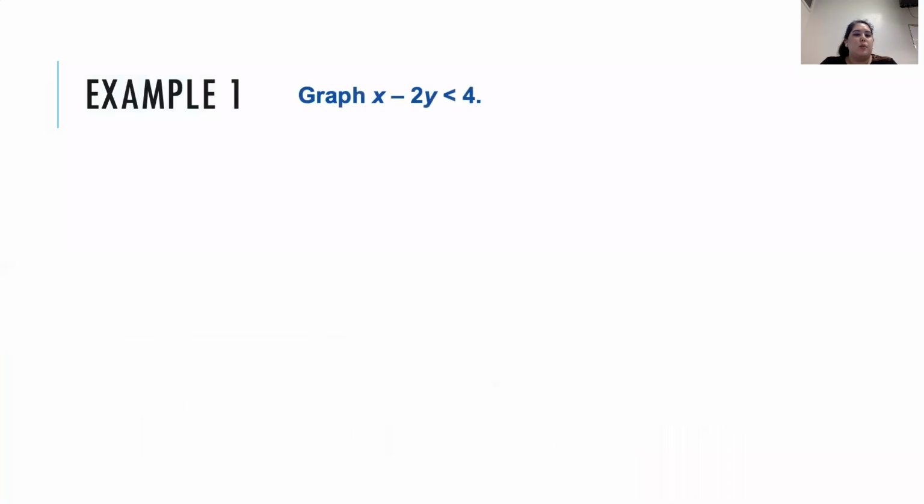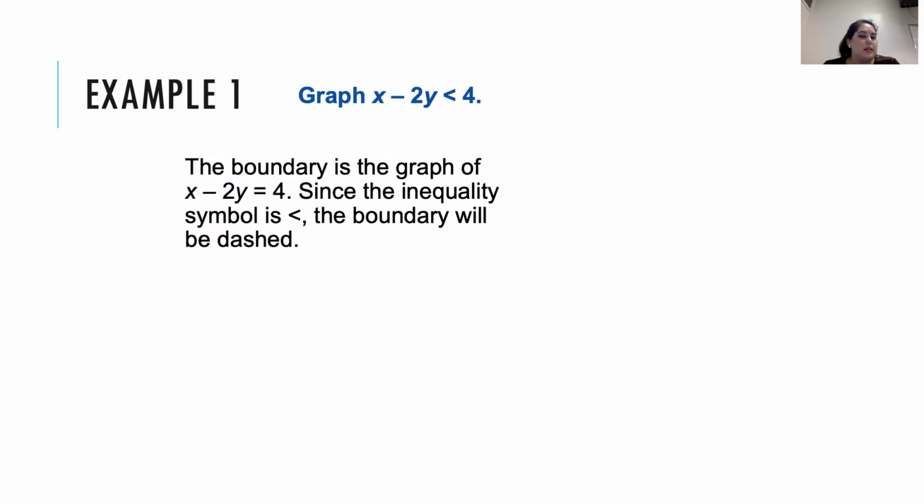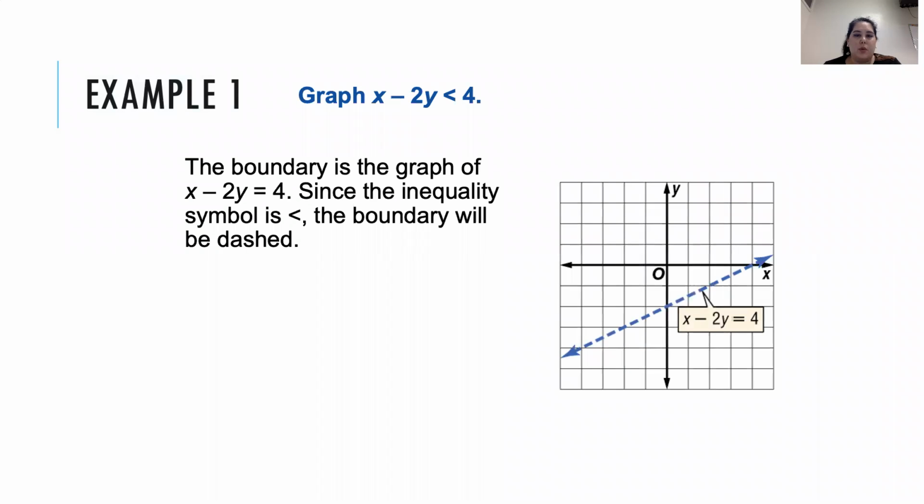So we're going to start with example 1, which is graph x minus 2y is less than 4. So the boundary is the graph of x minus 2y equals 4. Since the inequality is a less than symbol, it will be a dashed line. So when we go ahead and graph that,